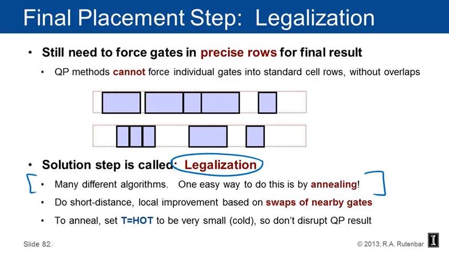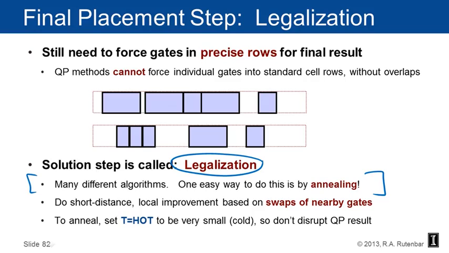Formulate the minimum wire length problem, maybe even formulate a part of the cost function as being, I would like to move the gates from where they start as little as possible. Maybe have that be part of the cost function. Do swaps and little movements of the gates in the rows. And the big trick is